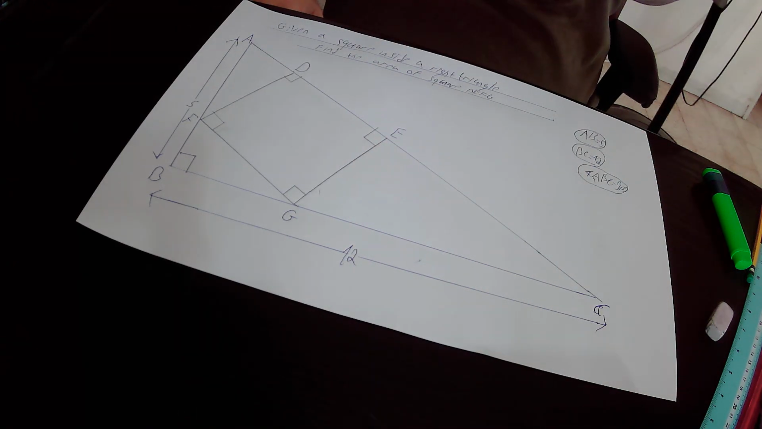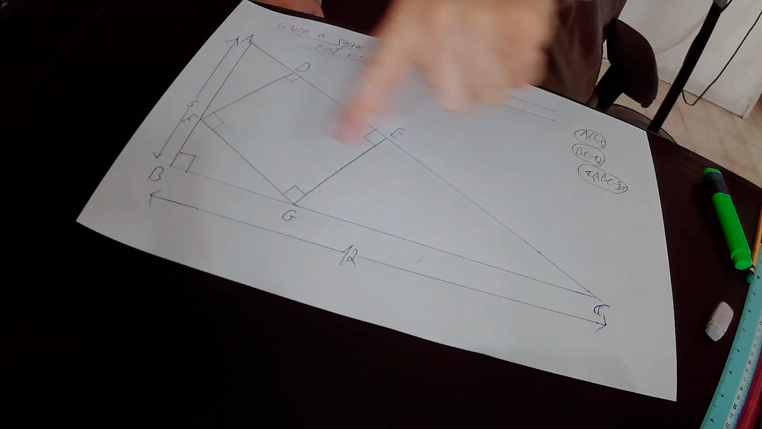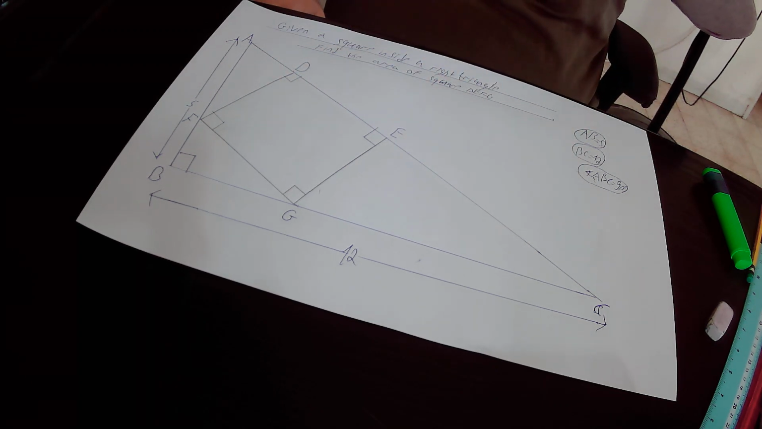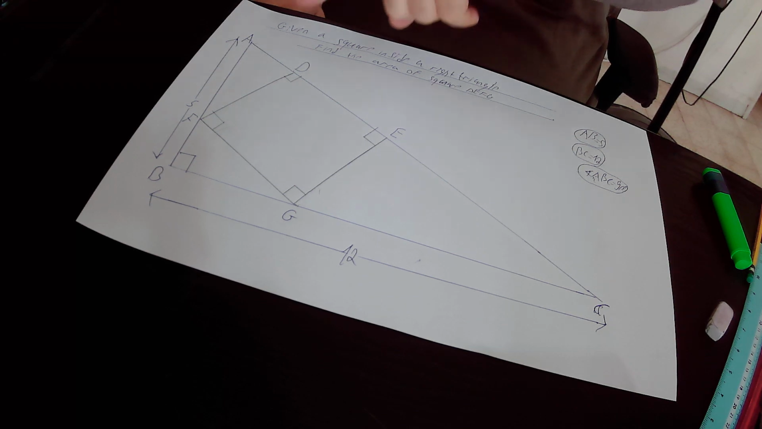Hello, in this lecture we'll find out the area of a square. In the drawing we have triangle ABC. Triangle ABC is a right triangle, angle ABC equals 90 degrees. We know that side AB equals 5 units in length, side BC equals 12 units in length,